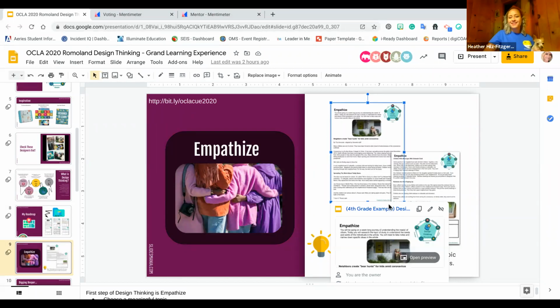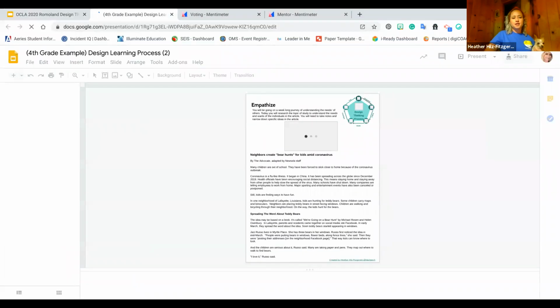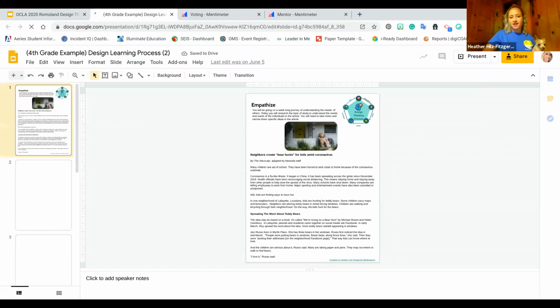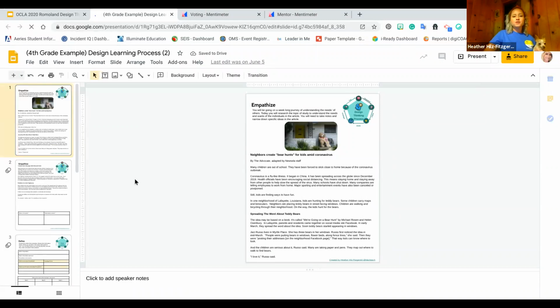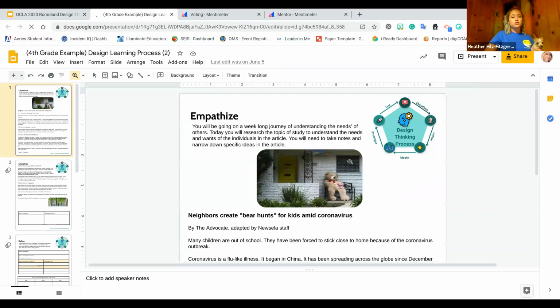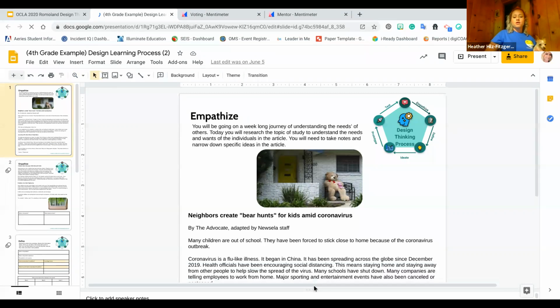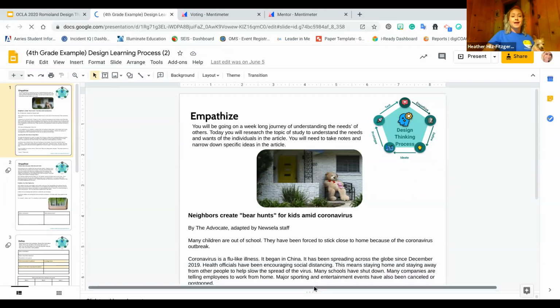Okay, thank you. So if I'm going into my design thinking process, and this is the first process, we're calling this empathize. You'll notice that I definitely lean towards using a literature-based approach at first to get students exposed to whatever the type of issue is that we are trying to design a solution for. And so this is